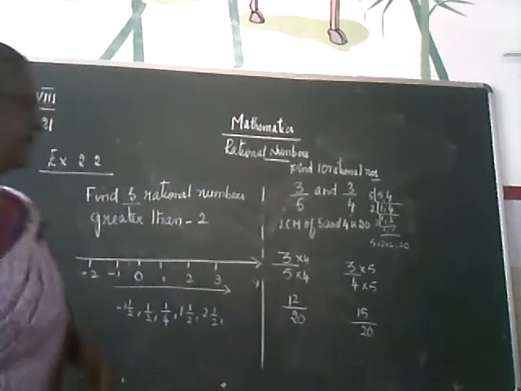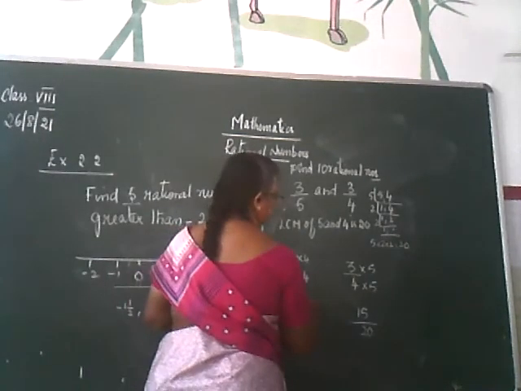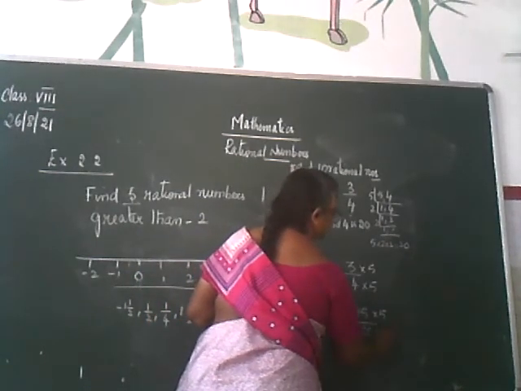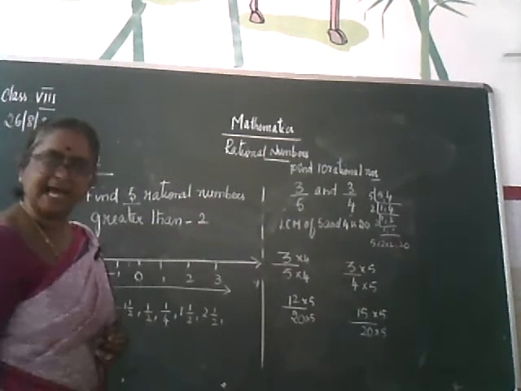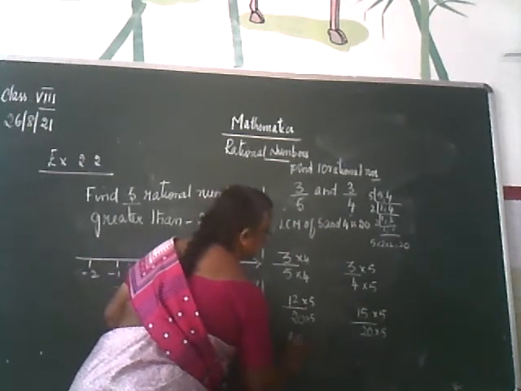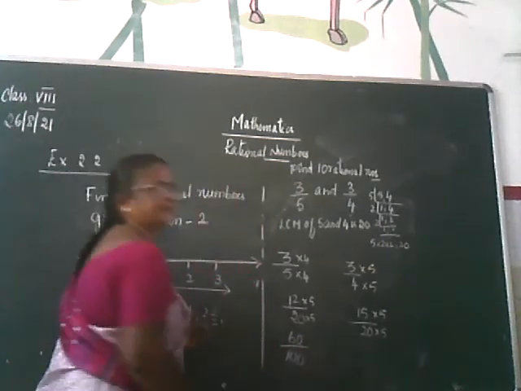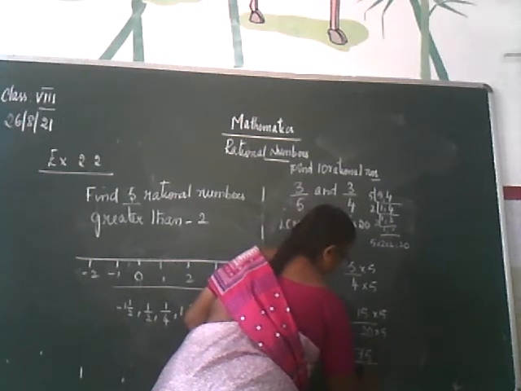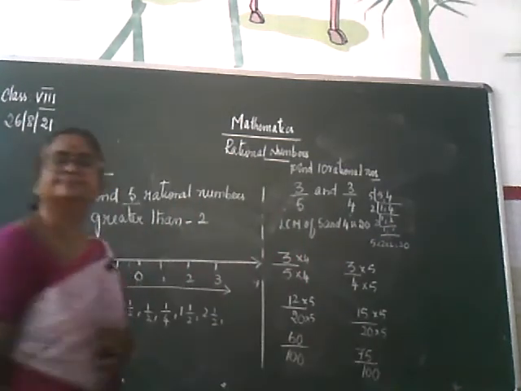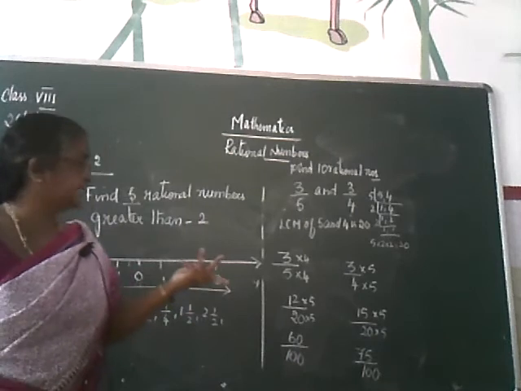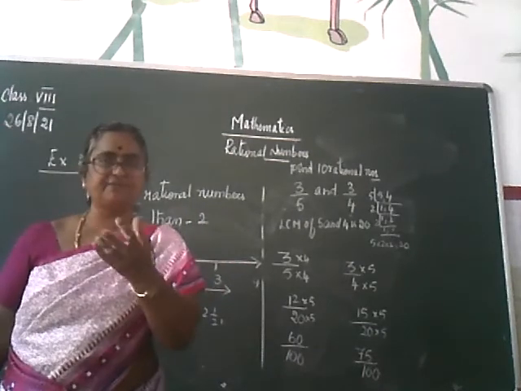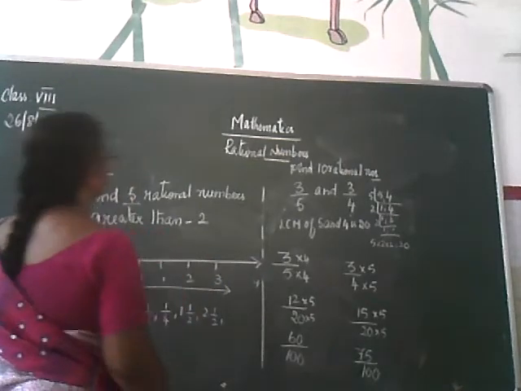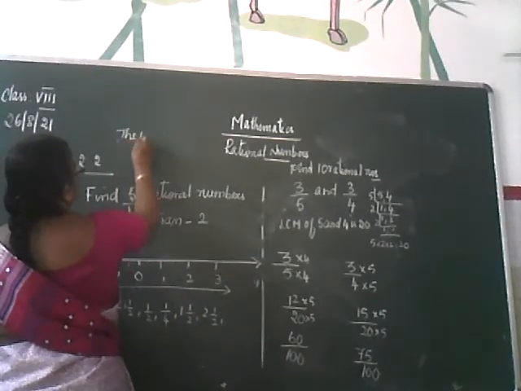So let me multiply by 5 both. Let me find out whether I will get. 12 5s are? Yes, 60. 20 5s are 100. Again, 15 5s are 75 by 100. Can I get 10 now? Yes, definitely. 60 to 75 means there are 14, isn't it? So I can write 61 by 100. So the 10 rational numbers are